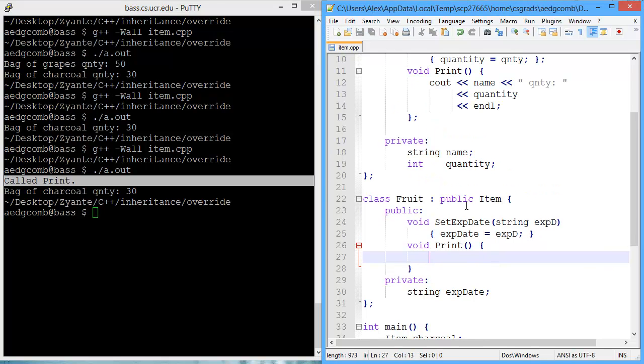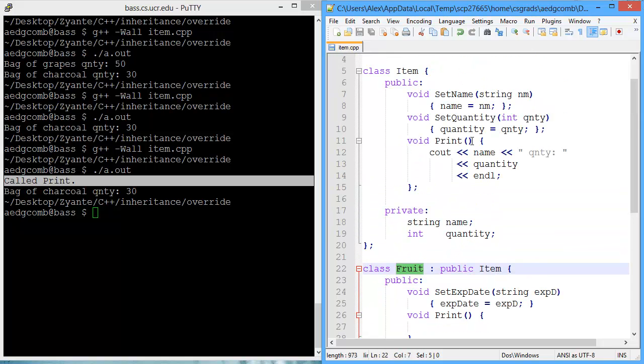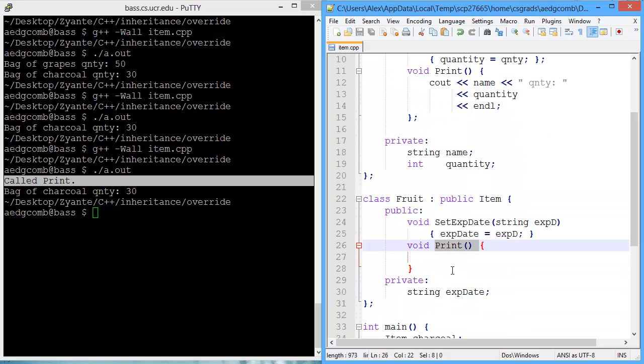What's happened is this print function inside of the class fruit has overridden the print function in the item class, and that's because fruit derives from item, and so the function print inside of fruit takes precedence and is actually used. So what we want to do is we want to output there are quantity